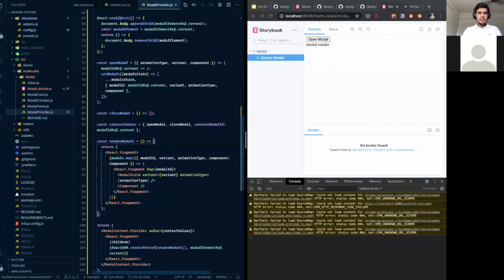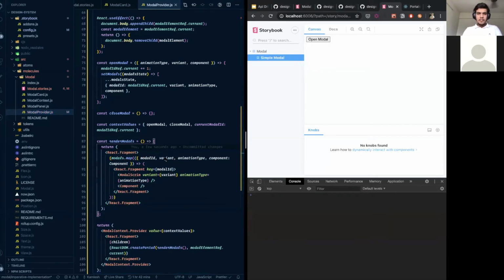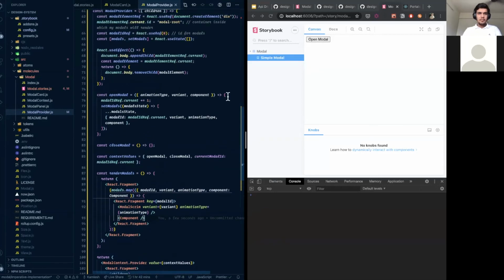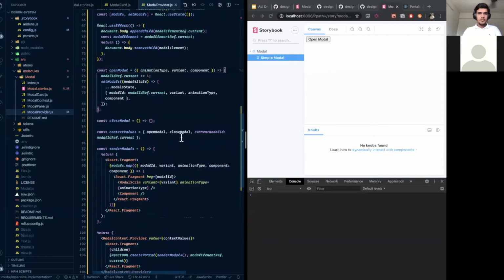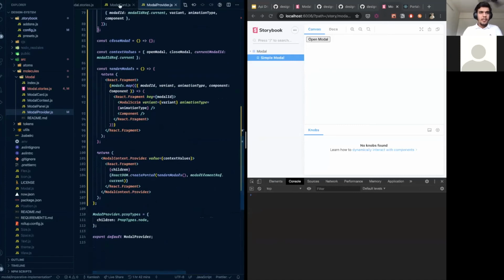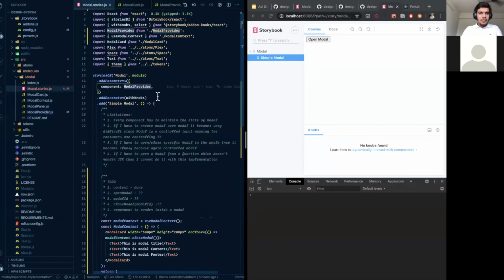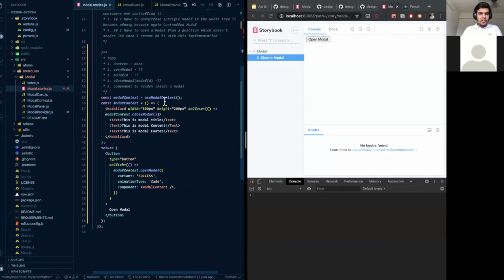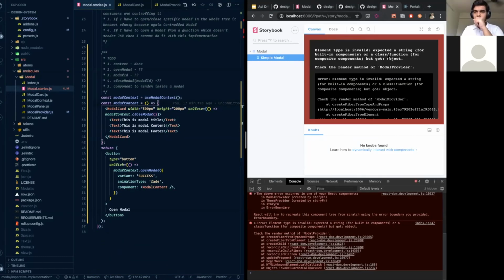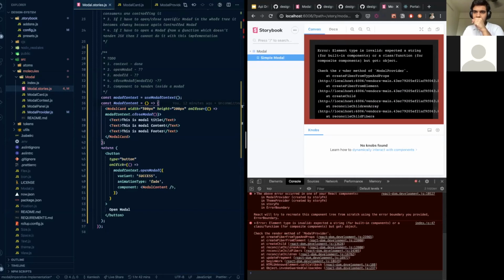All right. So when I say models.map, first time it's empty. And then I say, is something problematic with this? No. Model stories. I'm rendering something here. Function. I've got object.